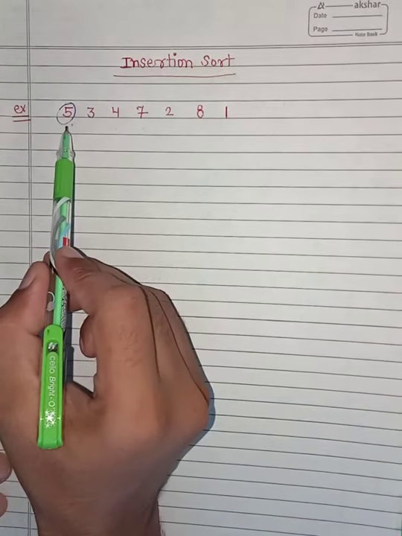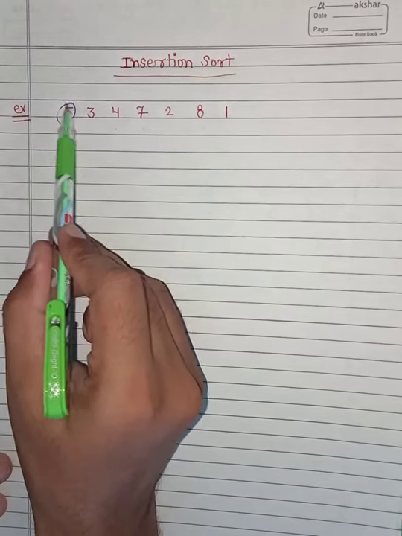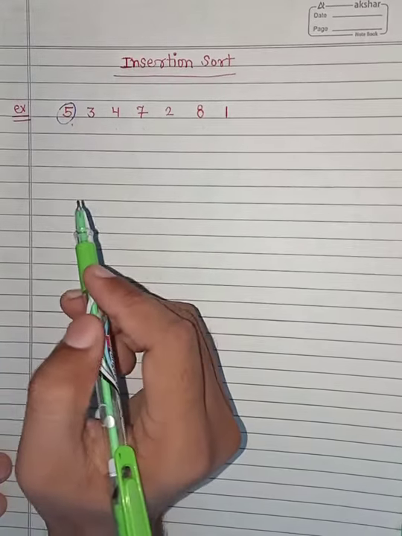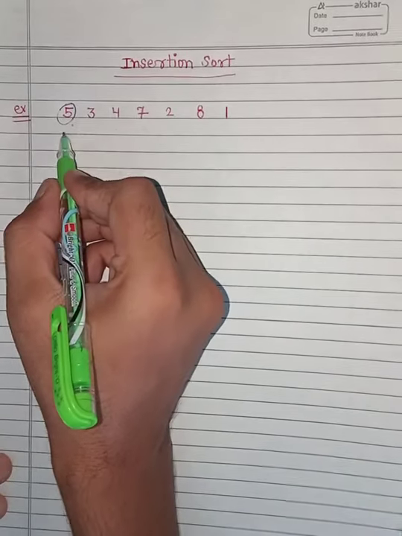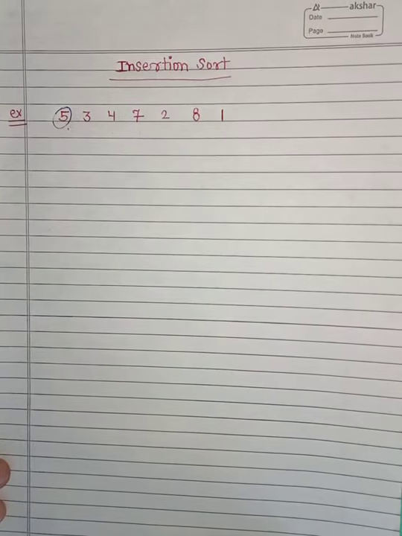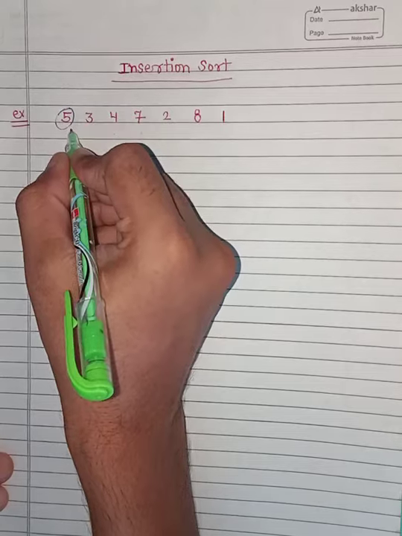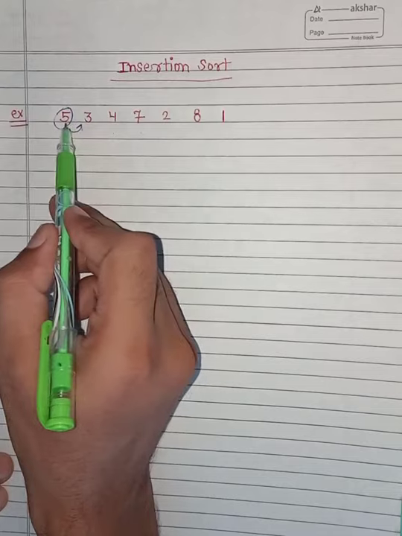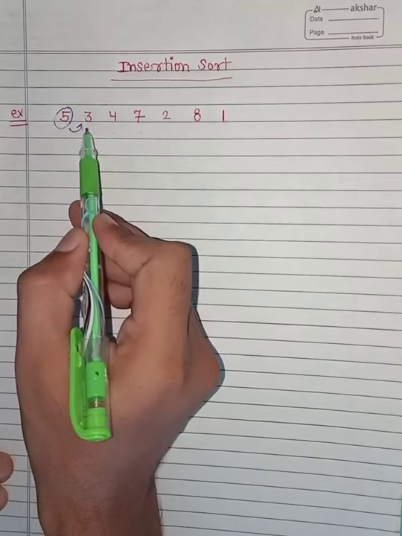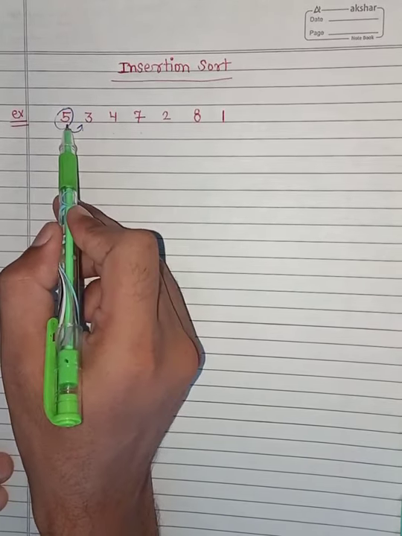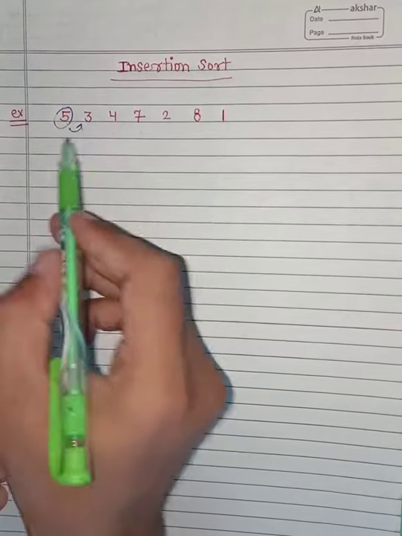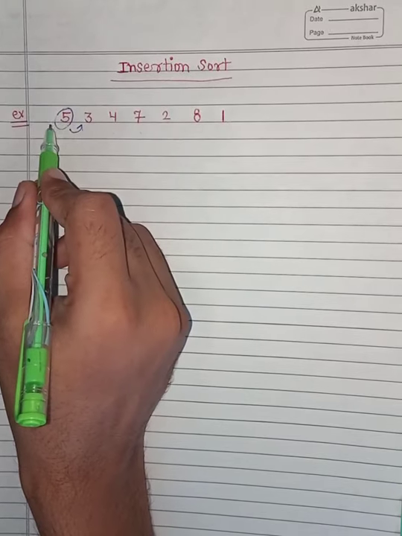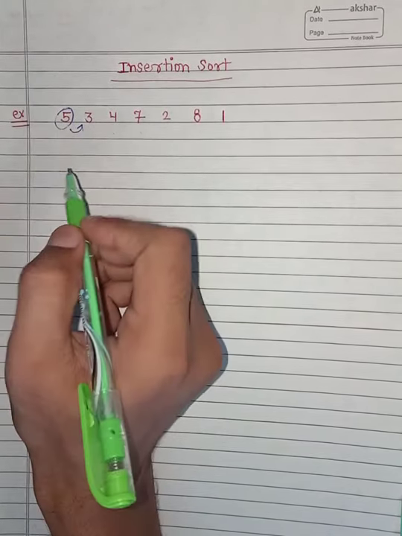While using insertion sort, let's consider the first element as an already sorted element, and now we'll shift the pointer to the next. Okay, now the next element is 3. We'll compare 3 with its left element, and 3 is less than 5. Yes, so 3 will be shifted to its correct position on the left side.